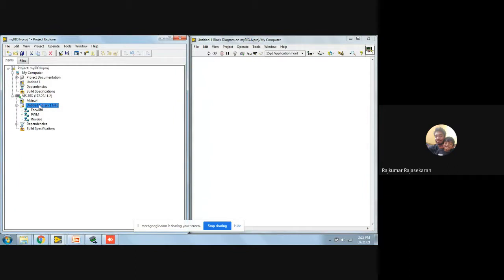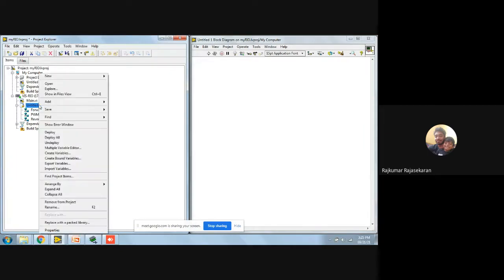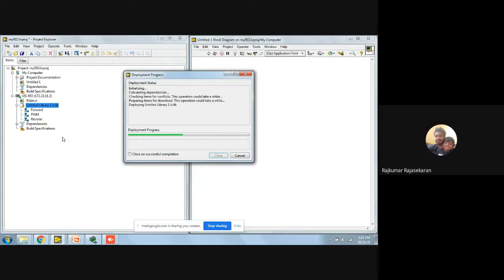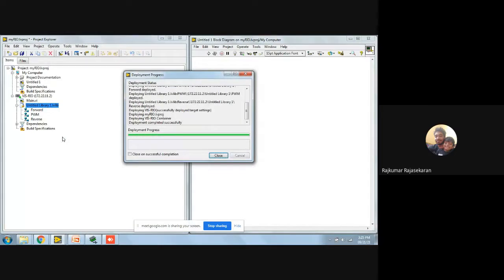We have saved the library. Now, in order to deploy the library over the network, I just have to right click. I have something called deploy all. When I deploy all, I'll be able to select it.